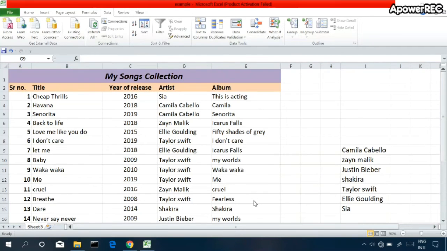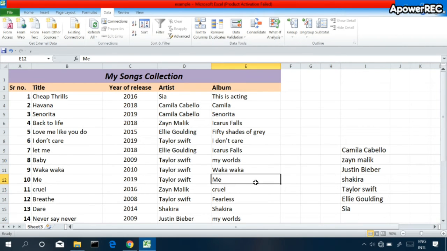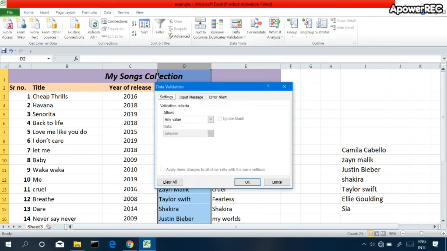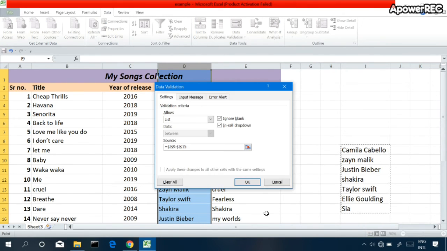There is one more kind of data validation that is also pretty useful. It is called a drop-down list. You can see in my artist name column, some artist names are repeated. To avoid wasting time entering repeated data, you can use a drop-down list. How to use it? Let's see. First, you have to create a unique list of the artist names as I created here. After that, select this whole column and go to Data Validation. This time I have to select List from this drop-down. The main thing you need to know is the Source option: just click on it and select the list I created here. Hit enter.